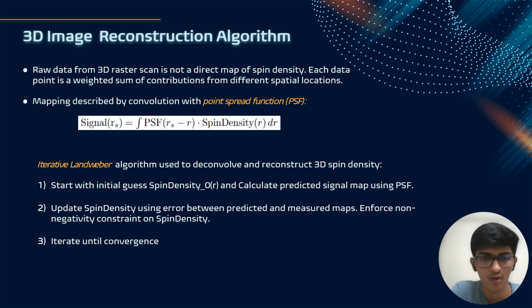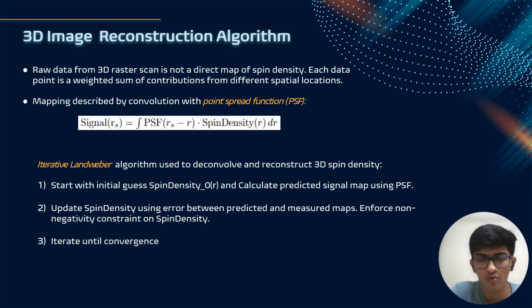So here's how it works. The first step is the initial guess. We start with an initial guess of the spin density distribution within the sample, denoted as spin density not R. Then using this initial guess, we calculate a predicted signal map based on the convolution with the point spread function. So what we do is we try to relate how the initial guess differs from the predicted signal map